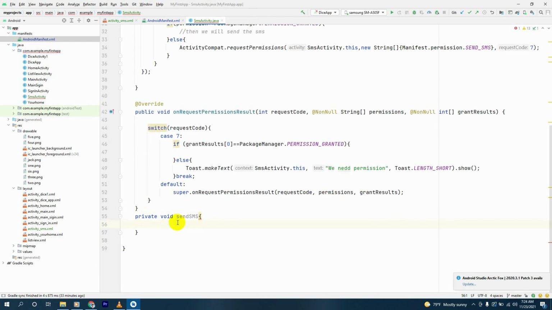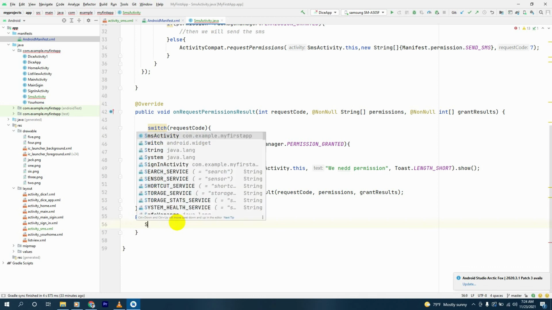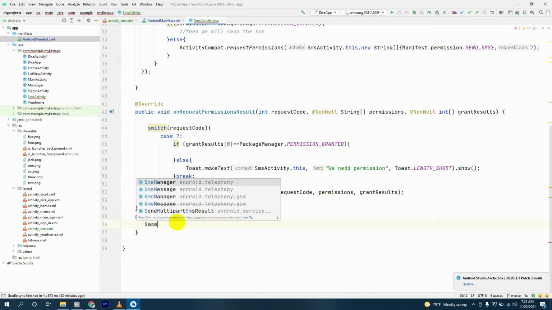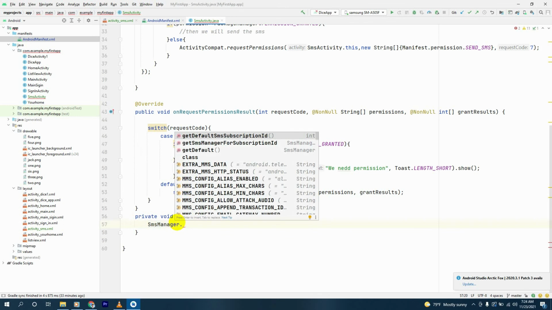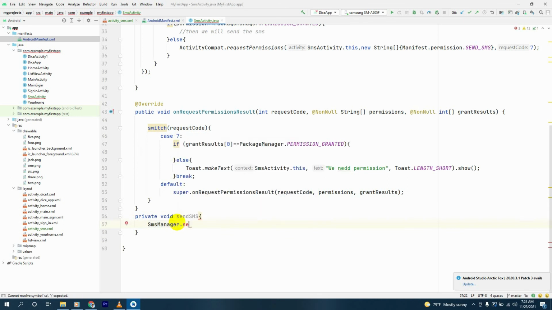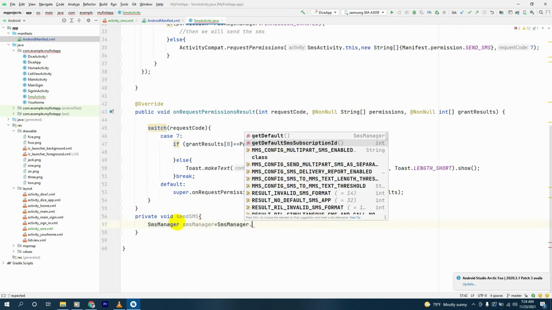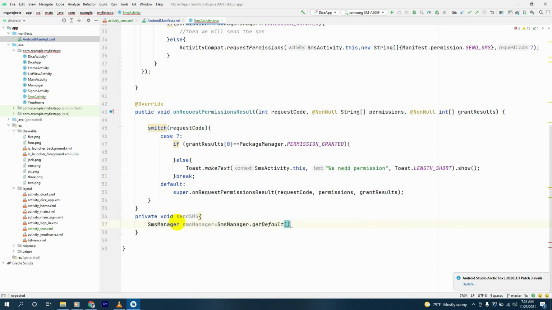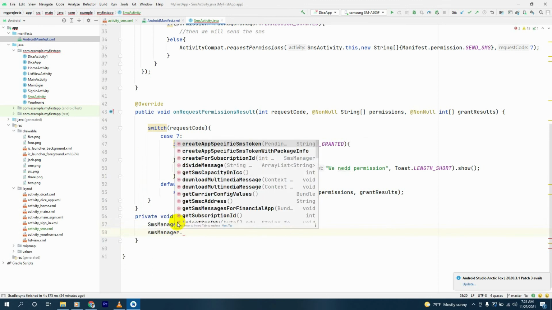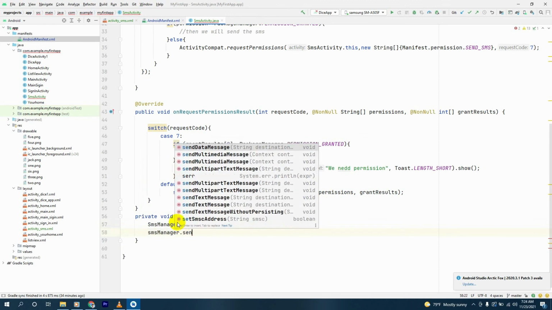Alright, here inside the void sendSMS method we say SMS manager dot send. We'll have SMS manager as SMS manager and make it equal to SMS manager dot getDefault, and next thing we'll use our SMS manager dot and send the message,